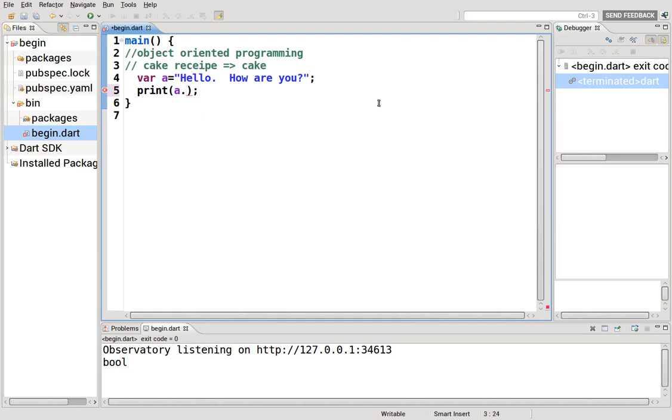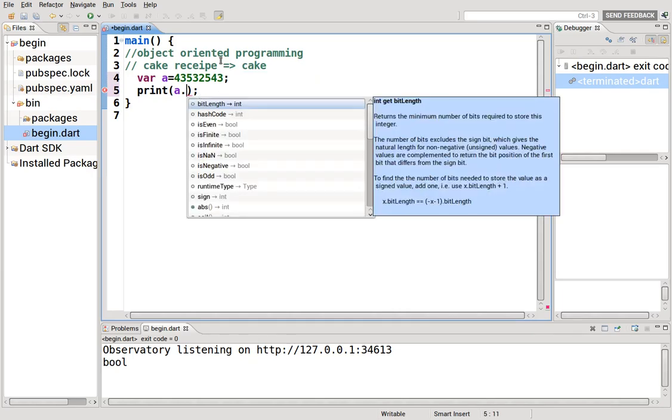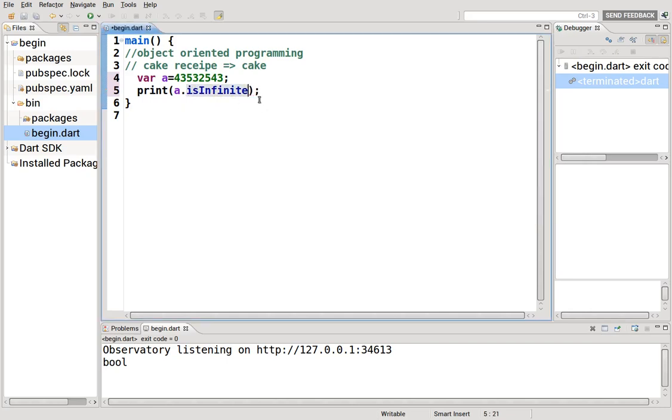All right. So let's change this into an integer. Now we change it into an integer. You can also do the same thing for float, for anything else. Play around with it. Dot, again, it's an object, but it's an integer object. So you really can't ask an integer what its length is, right? Because that doesn't make much sense. There's no text in there. But you can ask it a few things. Is infinite? Is this number infinite? Should be false,